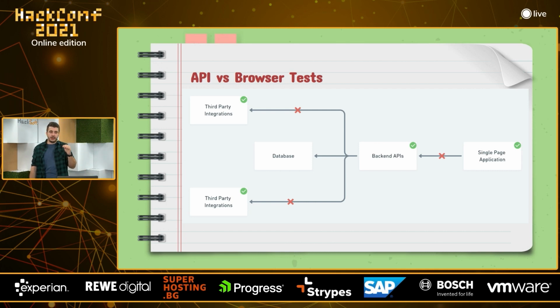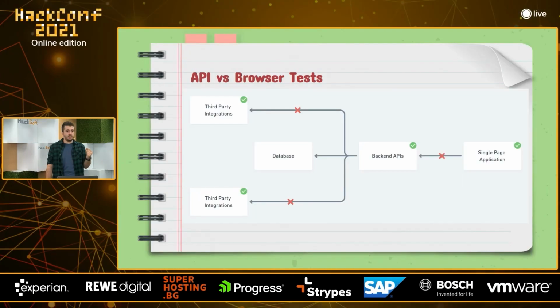But really often the integration between the front end and the back end, and the integration between the back end and the third-party providers, is the weakest point, is the point where things go wrong. So it was kind of obvious for us that we need to do end-to-end tests with a real automated browser, clicking through the interface and testing stuff. Not any API tests, because our APIs work, but the connection between the front end and the back end is not always working. So, okay, we are going with browser tests.